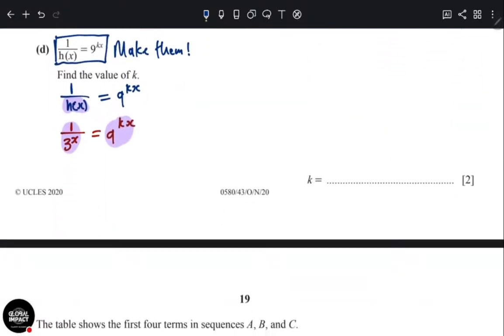What I want you to know is two things. We are going to equate things, but we can't equate things that have different bases. So let's fix those things. First of all, 1 over 3 to the x is a fraction. We are going to change it from being a fraction. How do you do that? You change the sign of your power. So it becomes 3 to the negative x. Then it is no longer in the denominator, and this will be equal to 9 to the kx.